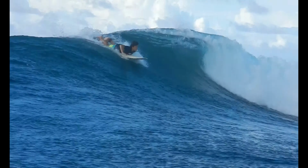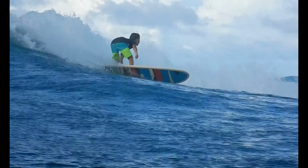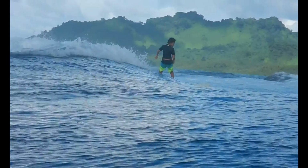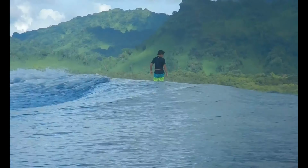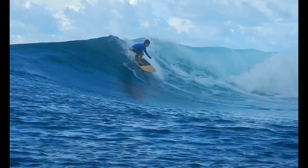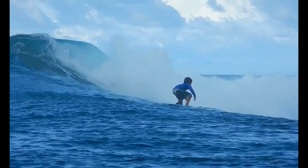As always, I am saving the best for last. It is the biggest monstrosity of a wave a little surfer could take on and survive to tell the tale. It is a thick, pitchy, hollow wave and has big rocks right in its path. It was the biggest fear and biggest thrill of Micronesia for me. It is called